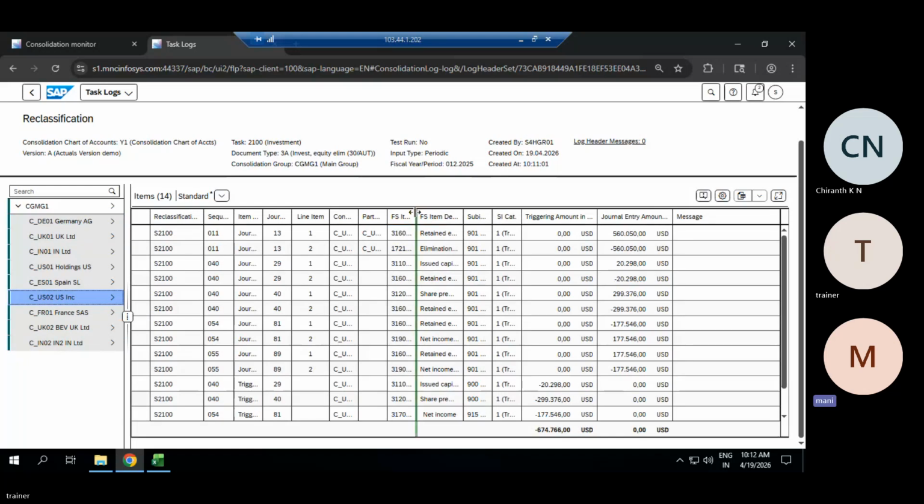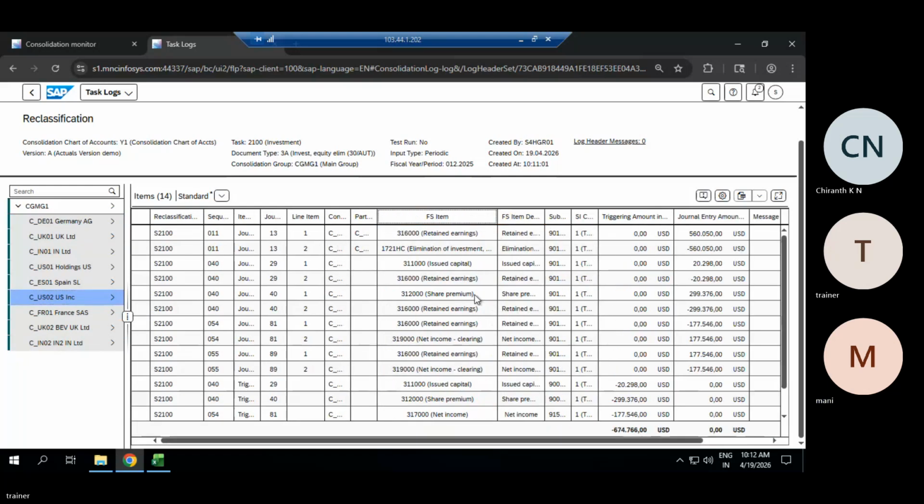So what are the entries we do have? Retained earnings accounts. Eliminations of investment, issued capital. So for example, we have this 311 issued capital. So this is my trigger.